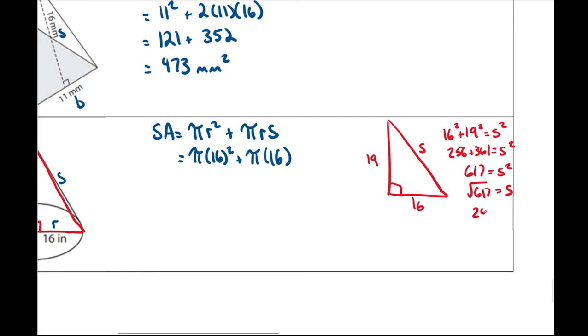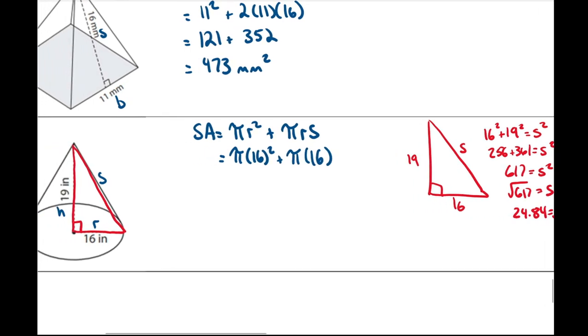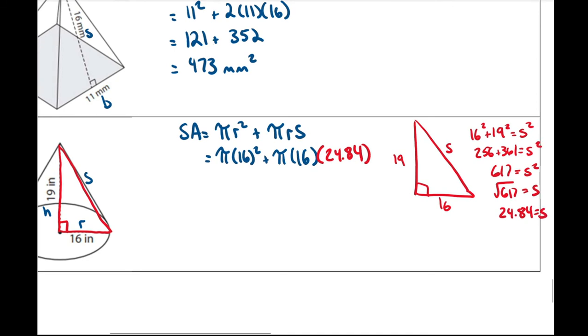And in the end, I get 24.84 equals that diagonal. So that's what I'm actually going to be multiplying by, 24.84 in my formula. So we did have to use a small calculation to figure that out, which is okay because we should know or should remember Pythagorean theorem. I'm going to calculate each part individually. I get 803.84 plus pi times 16 times 24.84,